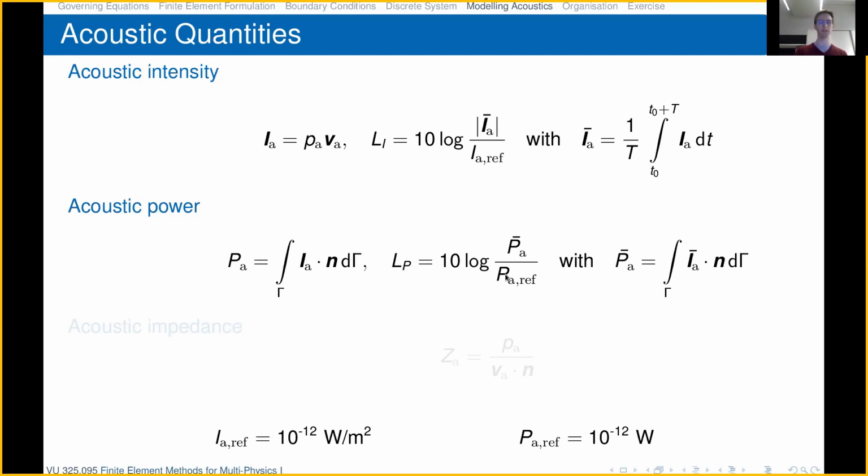Note that the reference values are defined via the threshold of hearing. So this is where the reference values for IA and PA come from. And the final acoustic quantity is the acoustic impedance, which is defined as the ratio of pressure over velocity in direction. So note that the acoustic